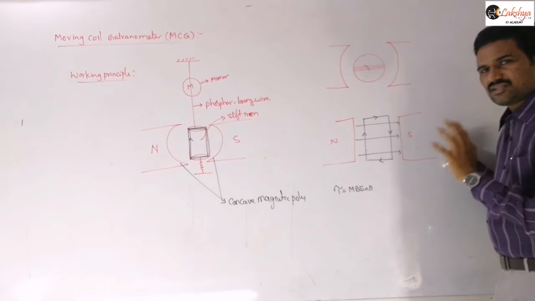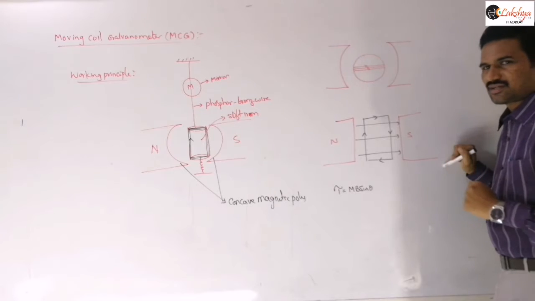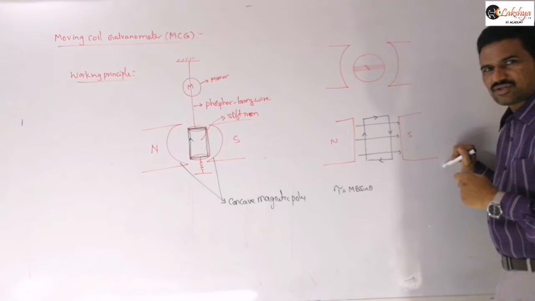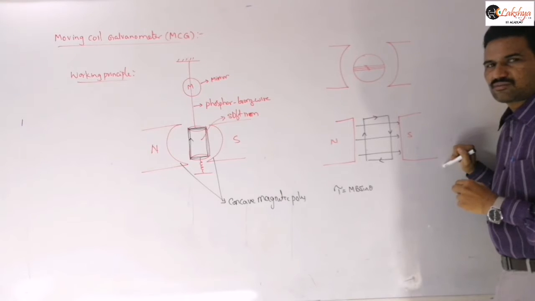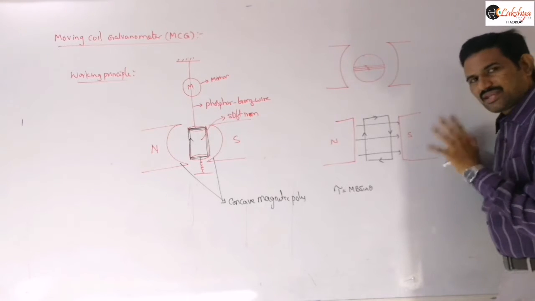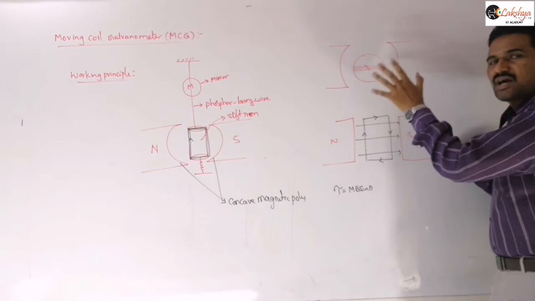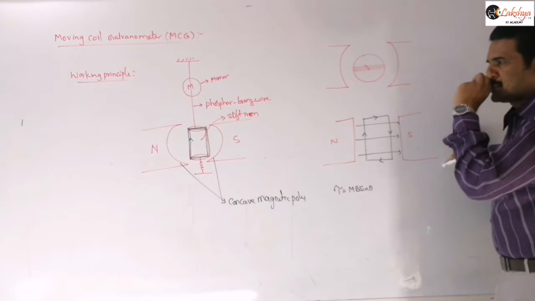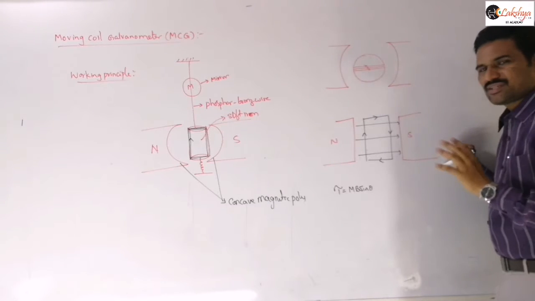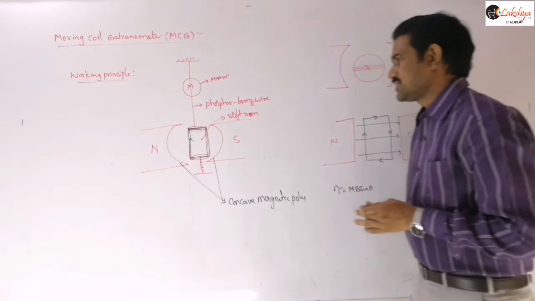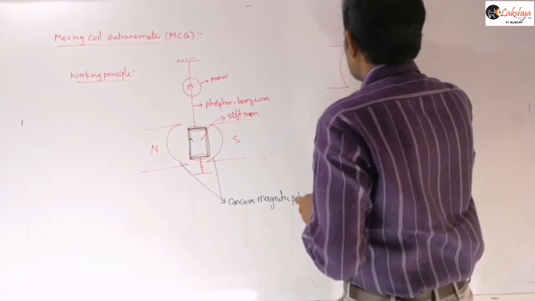We should make an arrangement so that we can measure that current easily. If a continuously varying torque is acting, then we can't accurately measure the current passing through that wire. So further, to maintain a constant torque, we will use these concave shaped poles. The advantage of these concave shaped poles is that they will always produce this magnetic field.